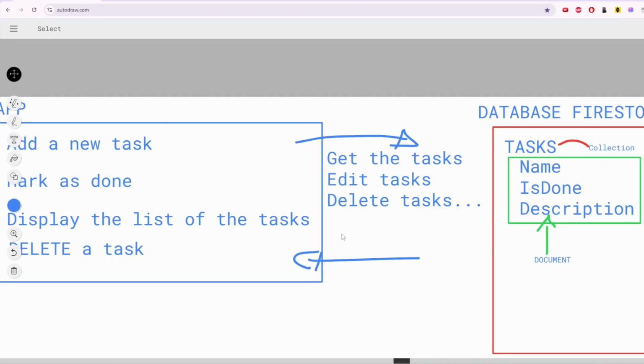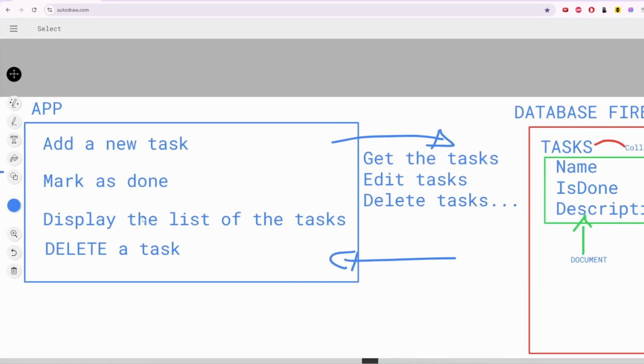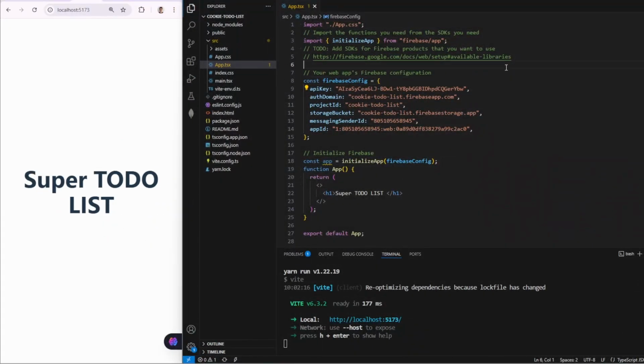Now all we have to do is to retrieve it to display it into our app. Wow! Yep, this is going to be a tough task, but not so hard in fact. Do you remember this piece of code we have retrieved from earlier? Yes, you guessed it correctly. It will permit us to connect to the database. We just got the initialize app function. We create the config with the authenticator token, blah blah blah. We use it to initialize the app, and thanks to this little app const, we are going to connect to the database and to eventually retrieve the